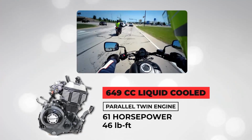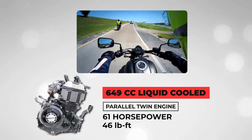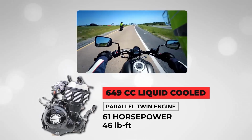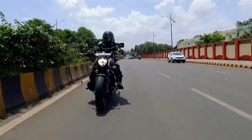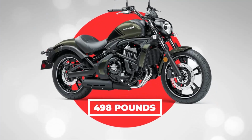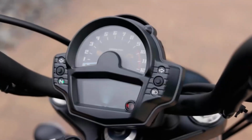Underneath its sleek modern design lies a liquid-cooled parallel twin engine with a displacement of 649 cubic centimeters. This engine produces approximately 61 horsepower and 46 pound-feet of torque. The power delivery is smooth and linear, providing consistent acceleration without overwhelming newer riders. The Vulcan S tips the scales at 498 pounds, making it relatively light for a cruiser, which adds to its